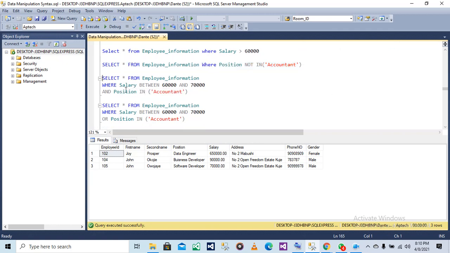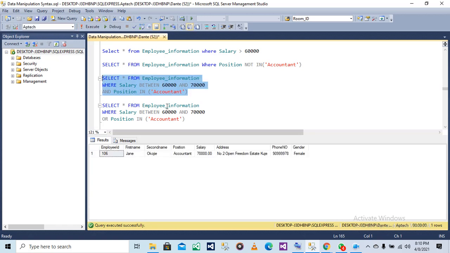Okay, now select all from employee information where salary between 60,000 and 70,000 and position in accountant. So this is the only employee that has salary between 60,000 and 70,000 and has a position in accountant.